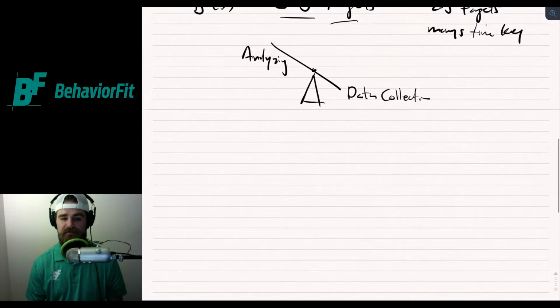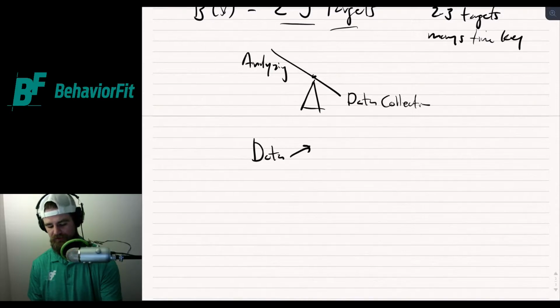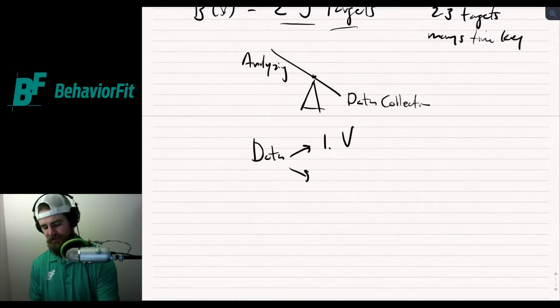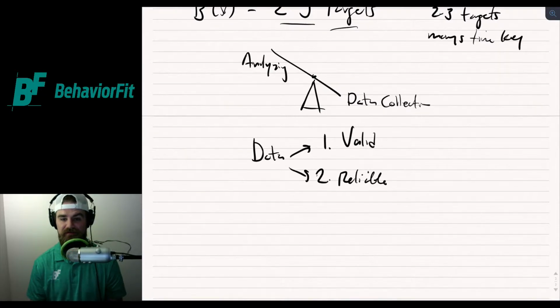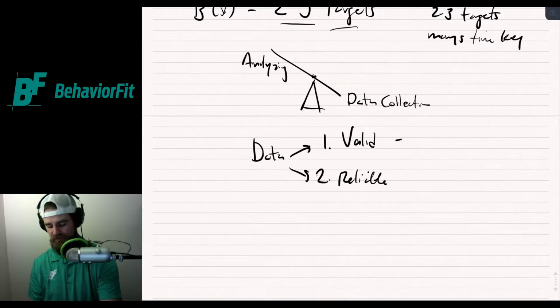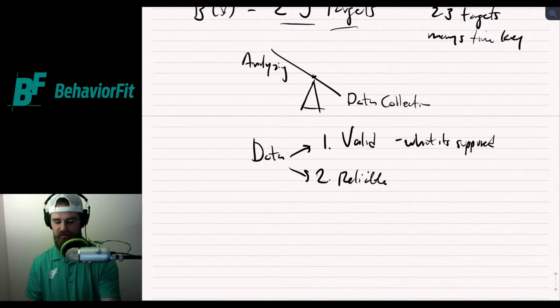So also when it comes to behavior, we need to be concerned with how we get the data. Is it one of 2 things here? Number 1, how valid is it? And number 2, how reliable is it? So this gets into the technical research side of things, but valid means: is it measuring what it's supposed to? If I put on the Fitbit, if I put on the Apple Watch, if I put the weight on the barbell and it says 45-pound plate, is that right? If I step onto the scale and it measures my weight, is that right? It gives me a number. Is it measuring what it's supposed to? Then reliability, does it?